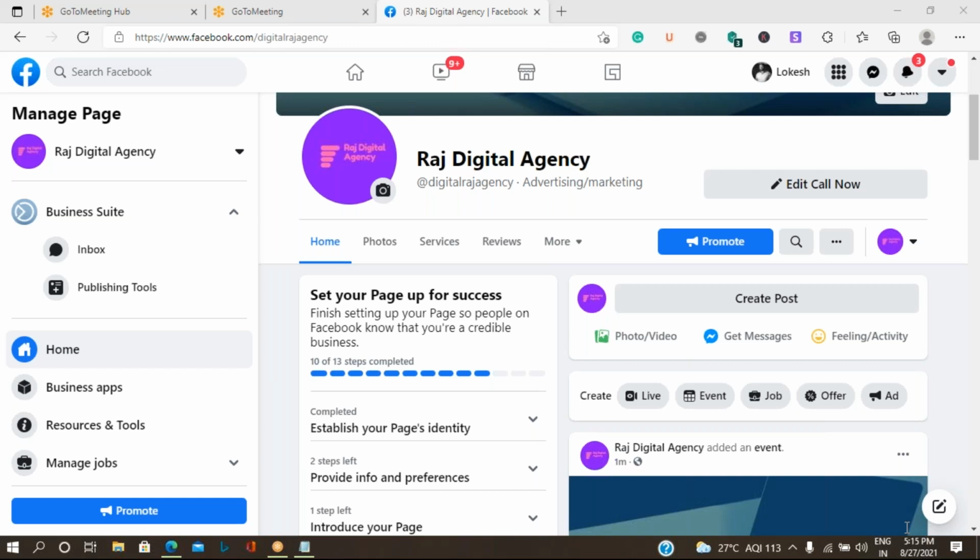Okay. But is it only this many? Is it only this type of post we can create? No. Still we have some more types of post we can create, and we can do the post in detail, that is by selecting the audience to whom my post has to be reached. Okay, so I'll take you back once again to the create post option.